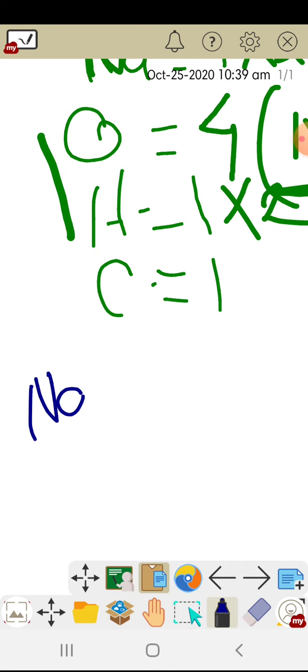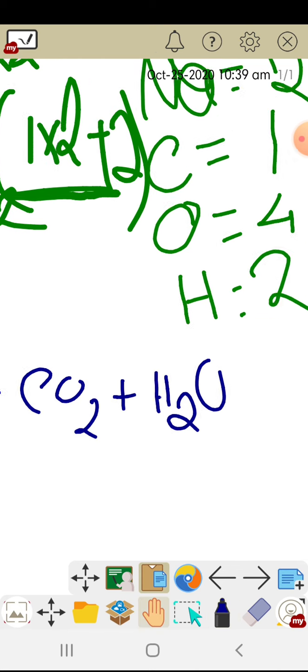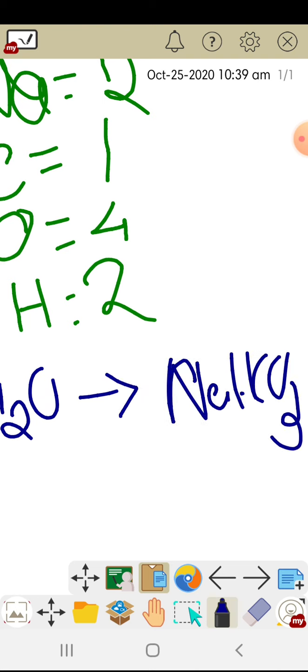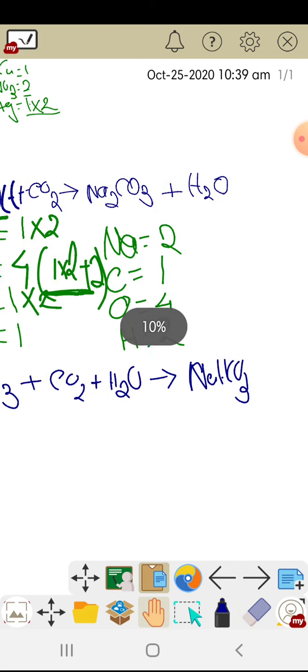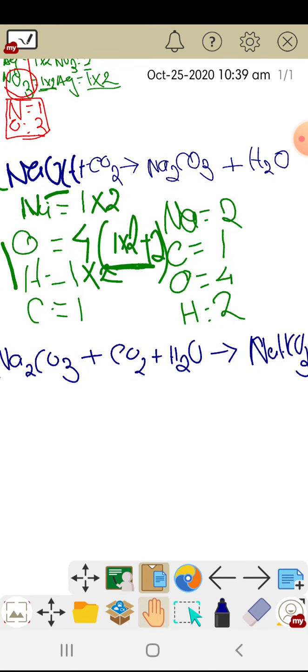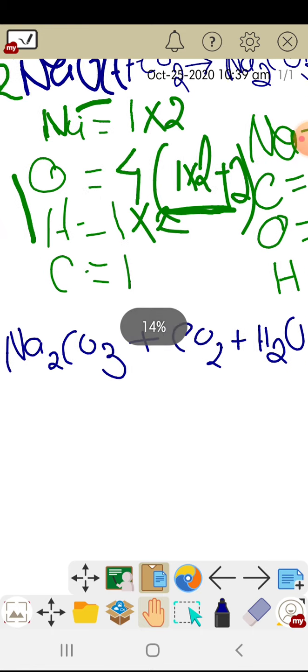Okay, so we will do Na2CO3. This is a reaction I'm writing once again. Na2CO3 plus CO2 plus water will give us NaHCO3. What is NaHCO3? Bicarbonate. Now I am zooming out. Is the reaction visible? Yes. Cool. Now see, again I am zooming in for the LHS and the RHS.